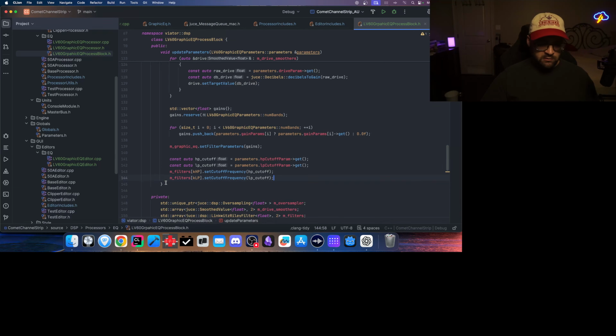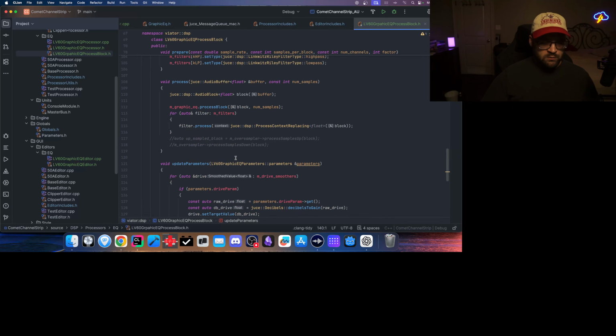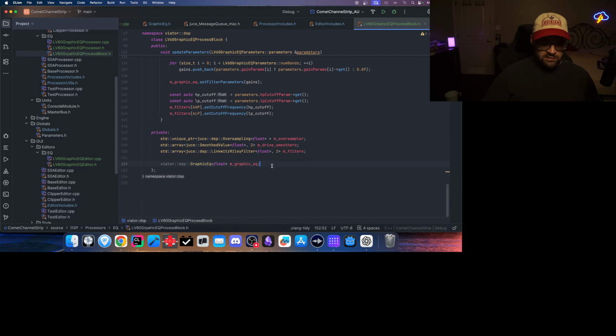And lastly, we'll do a quick little drive. I will do some research and more focused work on making the drives, but for now, just to make sure that our stuff is connected and everything, we're just gonna do a really simple drive here. So I've got drive smoothers. Yes. Okay, so what we'll do, I think I will make a block processor down here and do like void process drive, process